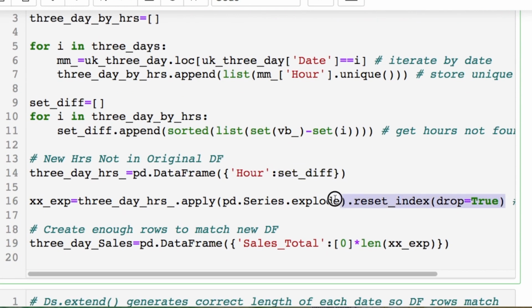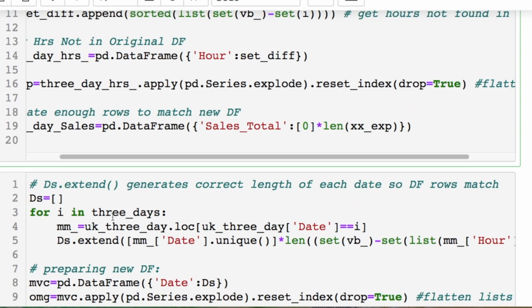You will then have to expand this as a data frame because all of your rows will be a list. So you use the explode. You make sure to reset your index, and then now you're creating a sales total that's the same length as this that you're just creating here, so your data frames can be concatenated and joined together with the same number of rows.